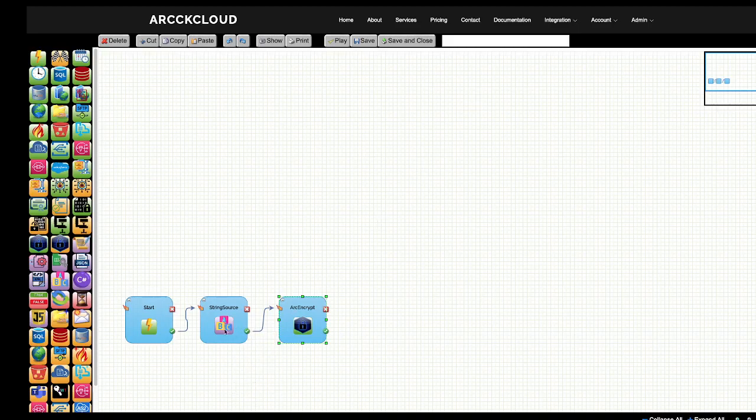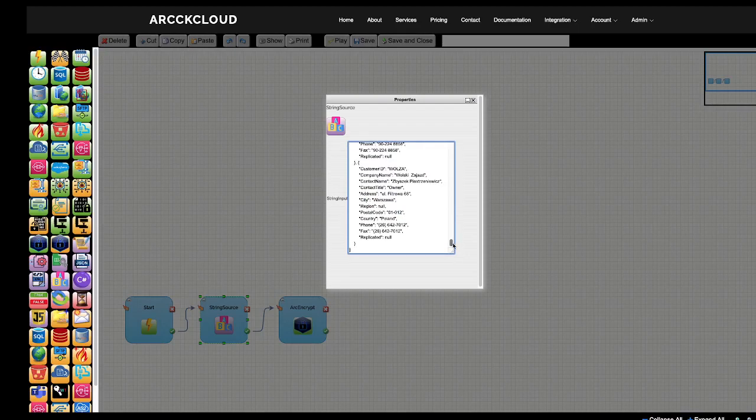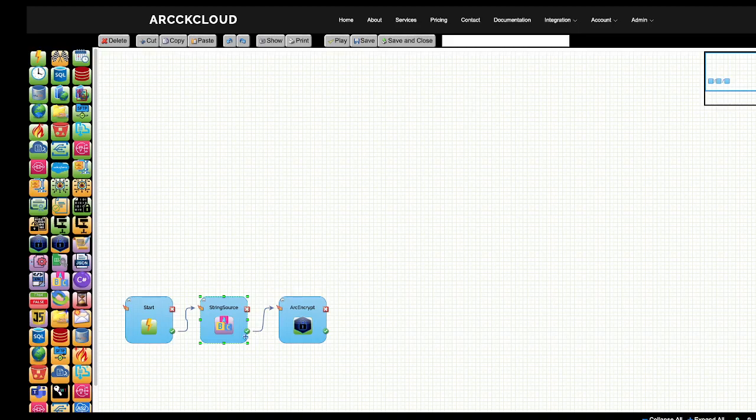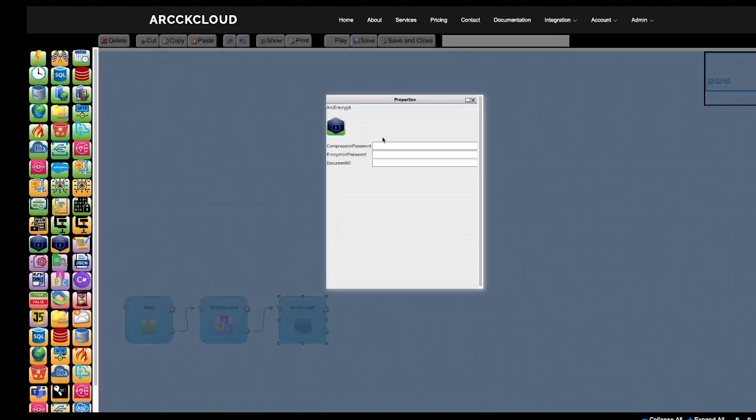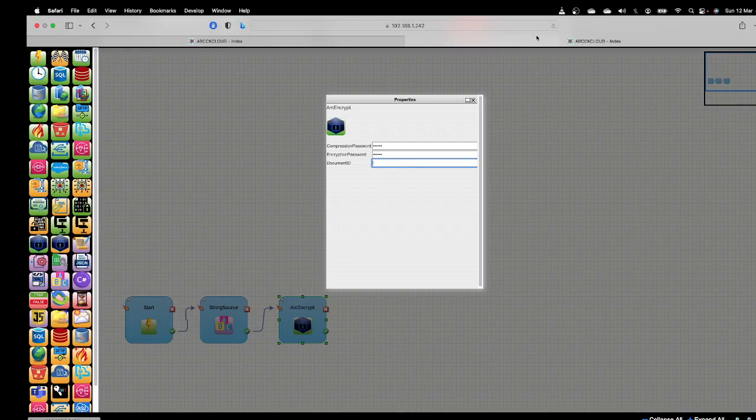So first we'll put the data. So we have a large payload. We'll set the compression password. We'll set the encryption password. And for the public key, we'll grab a public key and upload it to the